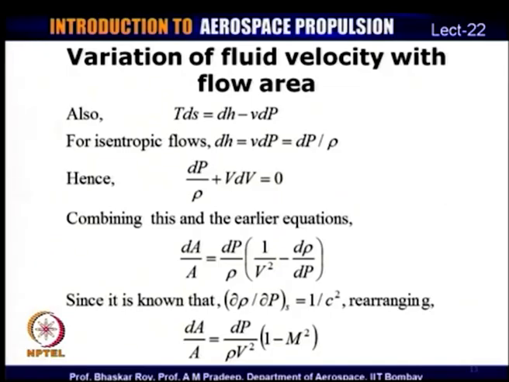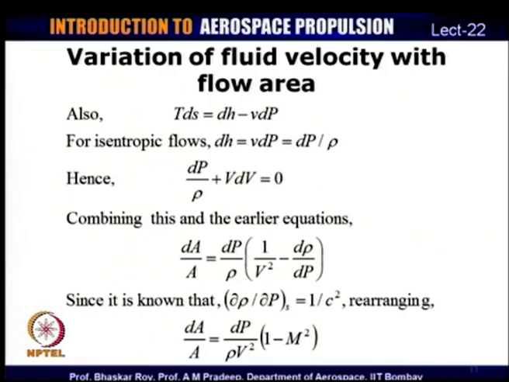And from the TdS equation, that was the second Gibbs equation, TdS equal to dH minus VdP. Now, for isentropic flows, TdS will be equal to 0, and therefore, dH is equal to VdP, which is dP by rho, because specific volume is the inverse of density. Therefore, our previous equation, dH plus VdV is equal to 0, becomes dP by rho plus VdV